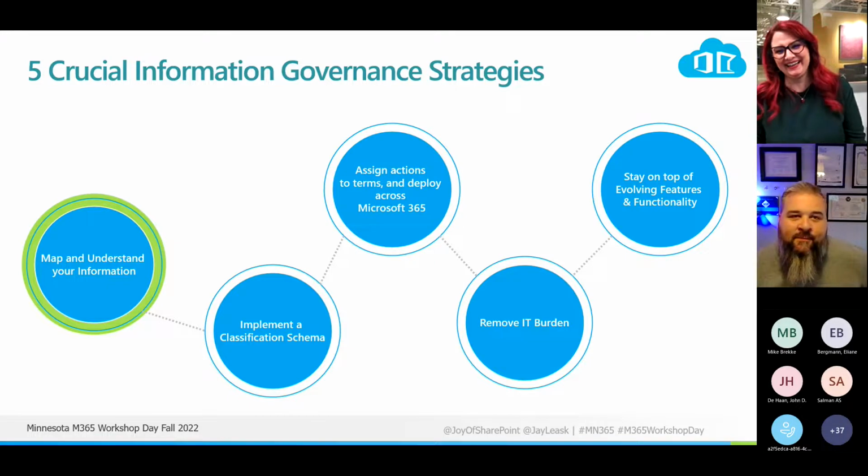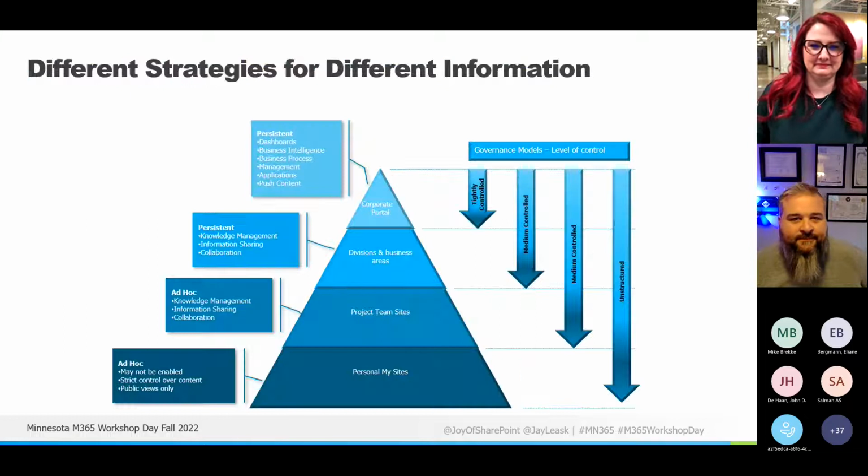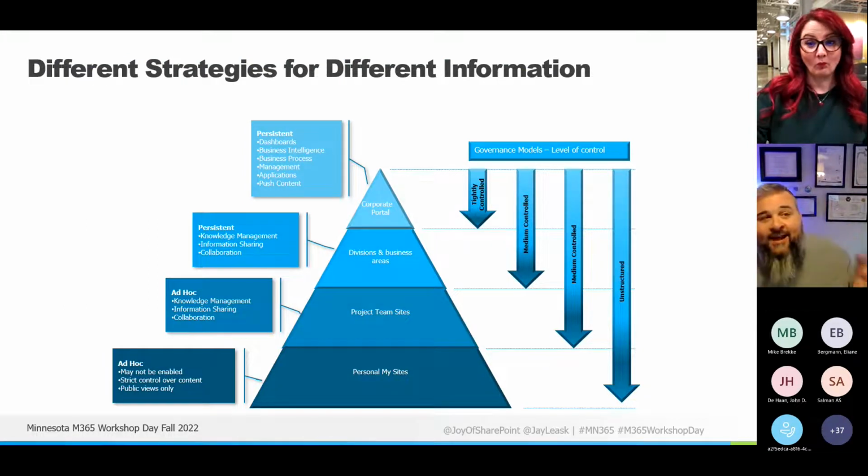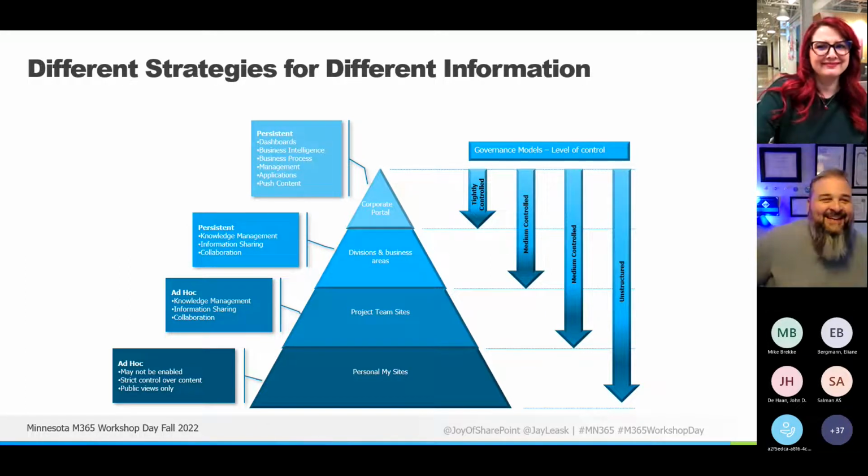So let's talk about mapping and understanding your information, the green circle right there. Raise your hand if you recognize this triangle, and not because you've seen Joy and I present on it before. This triangle first appeared to me... Joy, put your hand down, Joy. I saw it before.